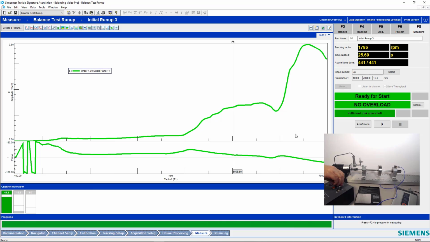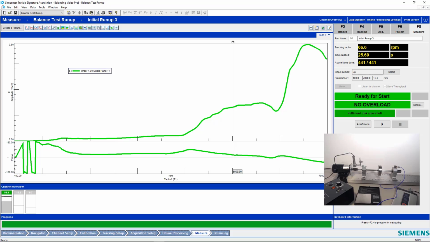That makes sense, right? Imbalance is due to both the imbalance mass and the speed of the system, and it's the square of the speed. As we increase the speed, you can see that vibration really starts to shoot up. If we want to reduce that vibration, let's pick a speed to balance. Our phase is pretty steady throughout the run, so we can pick any speed. I like to pick something in this range where we have a good amount of vibration to make the calculations easier. Okay, 5,000 RPM sounds good.